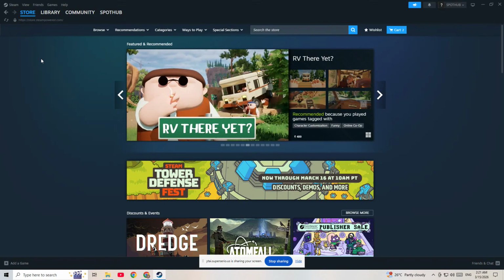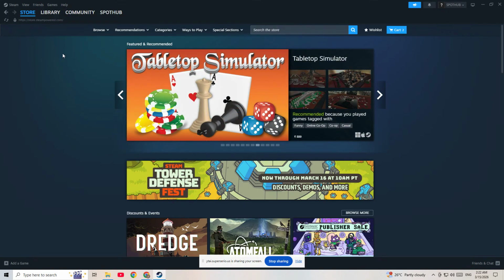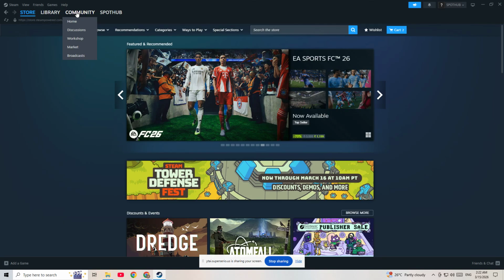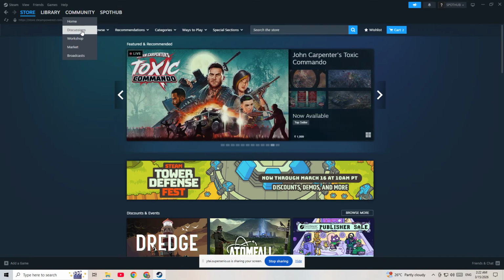First, open the Steam application on your computer and make sure you are logged into your account before continuing. Once Steam is open, look at the top navigation menu and find the option called Community. This section contains social features created for players, including guides, screenshots, artwork, reviews, and of course the discussion forums that we want to access. Move your cursor over Community and click Discussions from the drop-down menu that appears after you